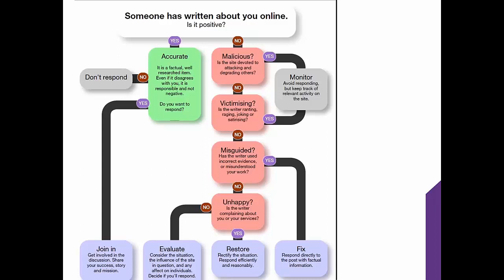And in this flow chart, we talk about whether they're talking about victimizing things or incorrect information, unhappy customers, and it's a policy of how do you fix the situation. Now, what's interesting about this document and this flow chart is that this actually comes from the Pentagon in the United States. You are not the first company who's going to be worried about people saying negative things. But what's important in terms of your action plan today is, do you have a policy that will enable you to address it when something bad might happen?